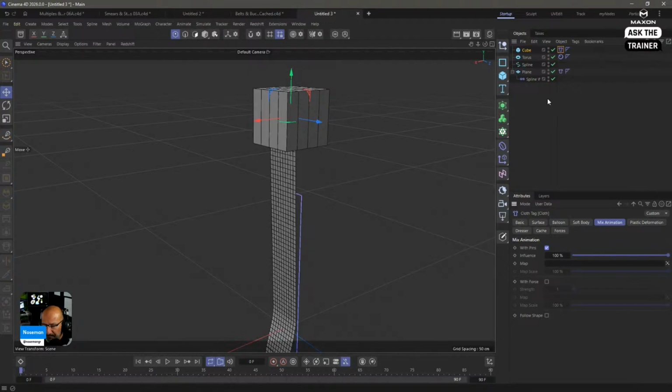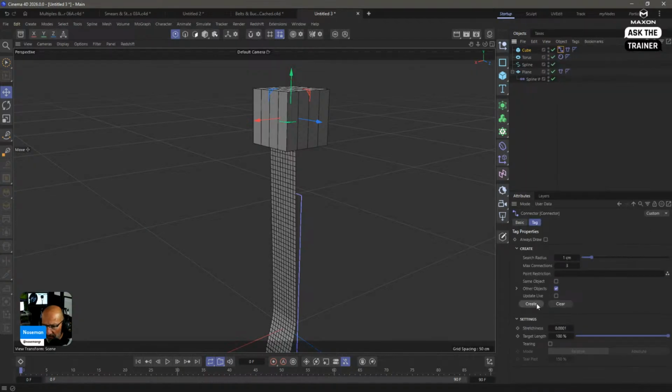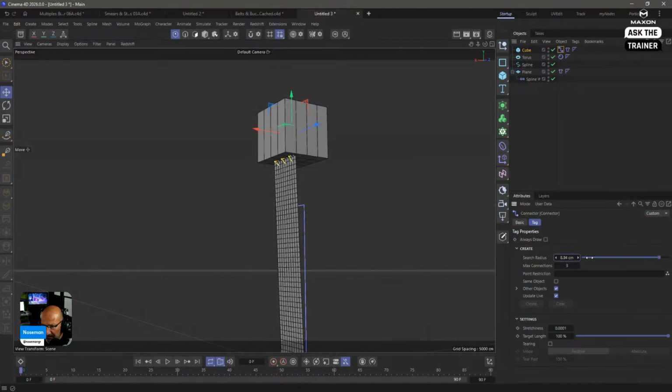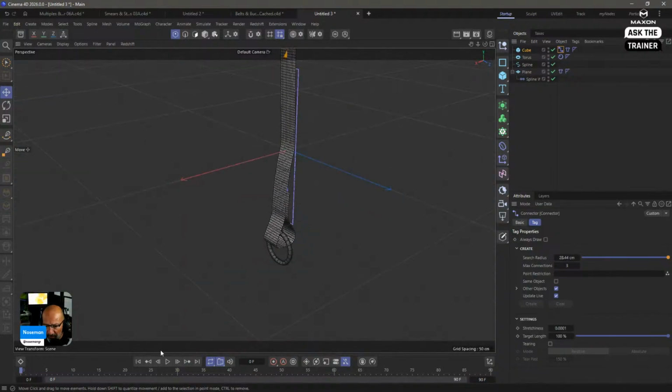That's it. Then go to this object, add a connector tag only for other objects, create live update, and slide this until you get enough pins you feel comfortable with. There you go. So now this is going to do the flop.